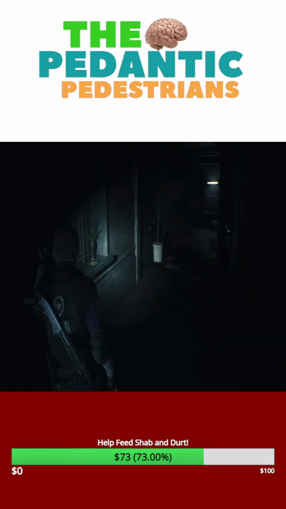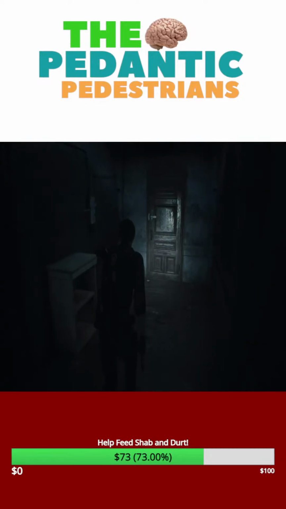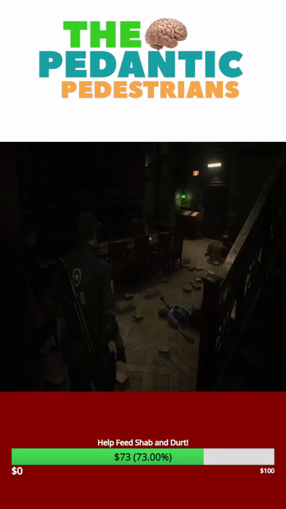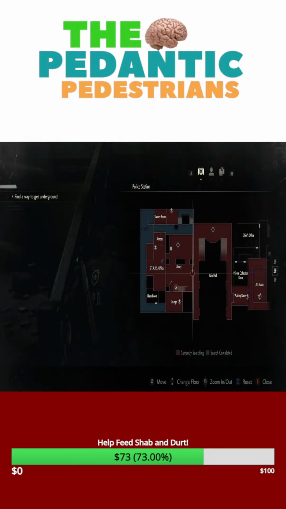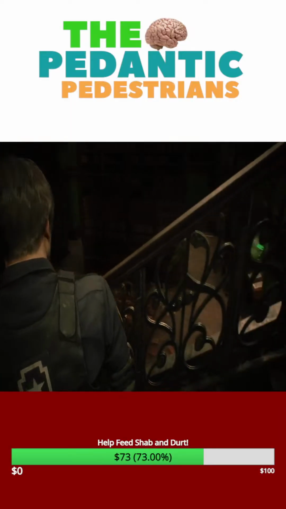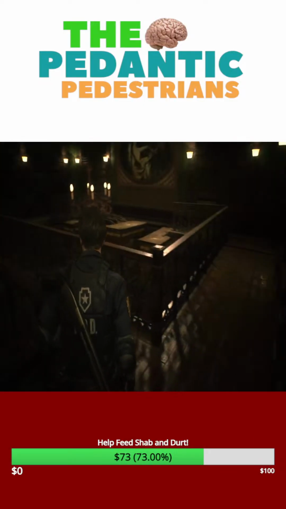What is Gene playing here? It's the RE2 remake. Say again? The Resident Evil 2 remake. Oh, okay. This is the one where the police station's evil instead of the house. Yeah, and for some reason, the police station has a very large, 2-story library. They have a bunch of statues with different puzzles, and in order to get to...